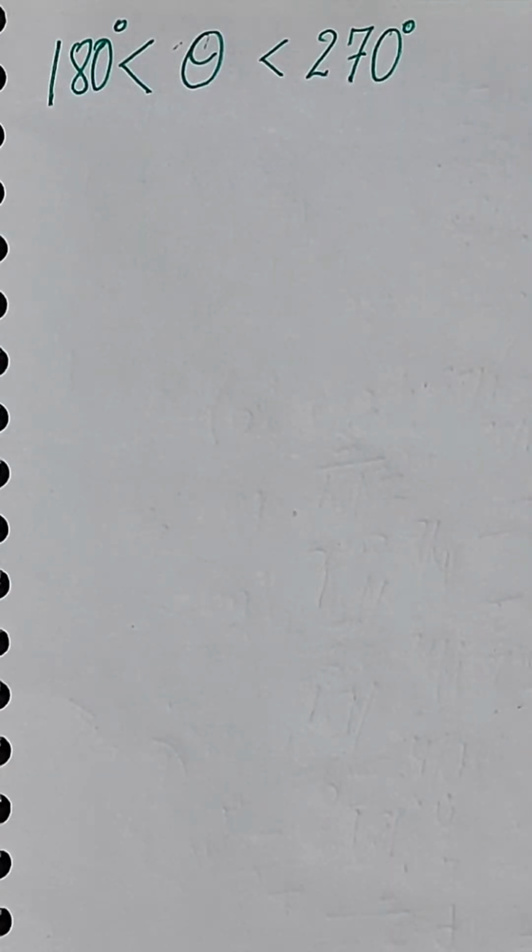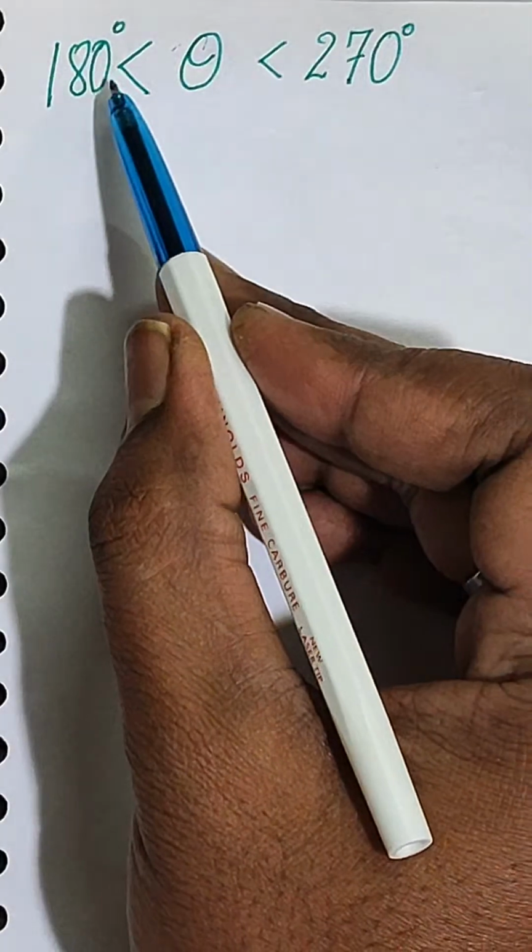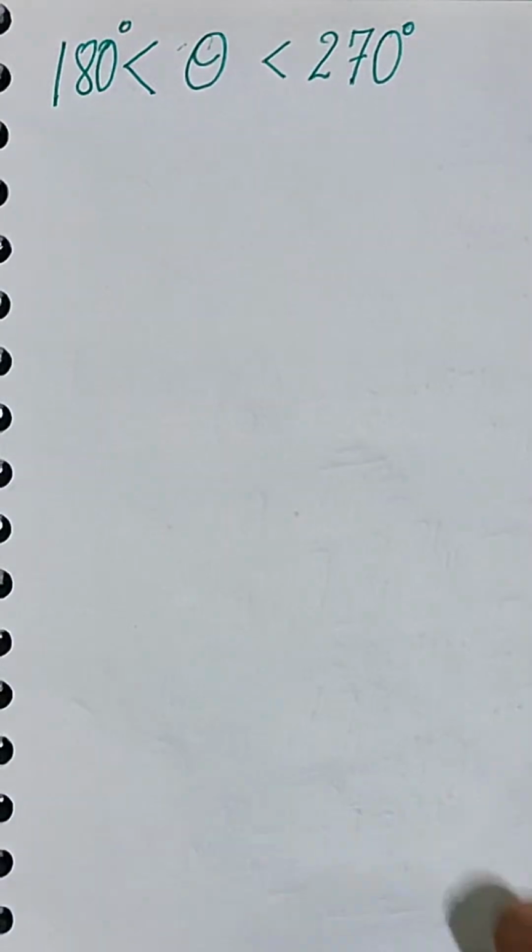A few questions from trigonometry again, and the concept underlying is the trigonometrical identities. Okay, so here, if theta is lying between 180 degrees and 270 degrees, this is given to you. Then that means the value of theta is greater